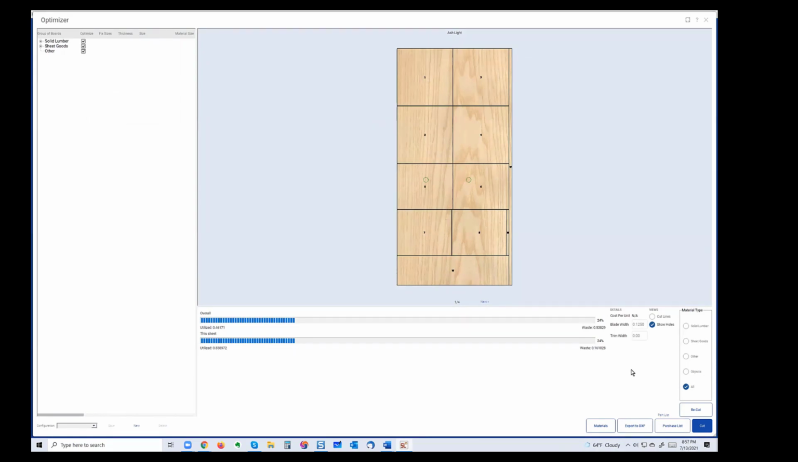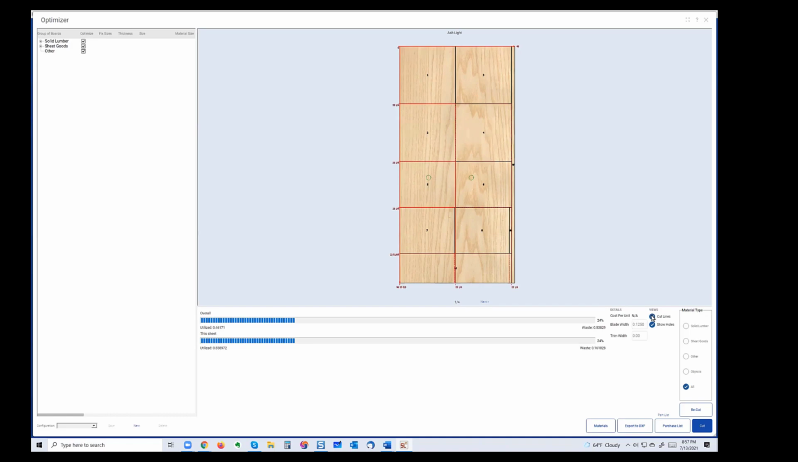I can put, let's see, oh, cut lines. Put the cut lines on. So it'll show you the dimensions of your various cuts. You can change your kerf. You can put a trim in if you're used to cutting the material off the edges of